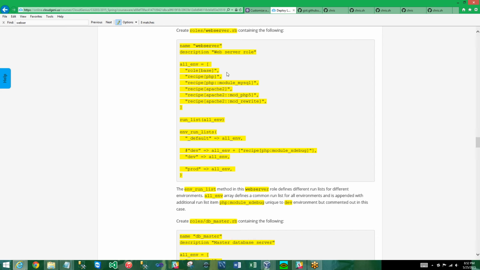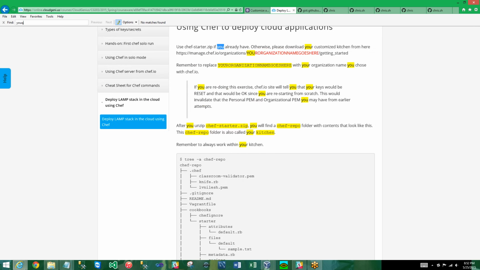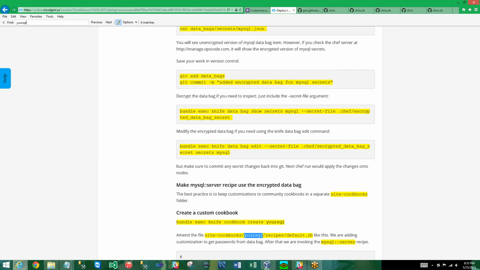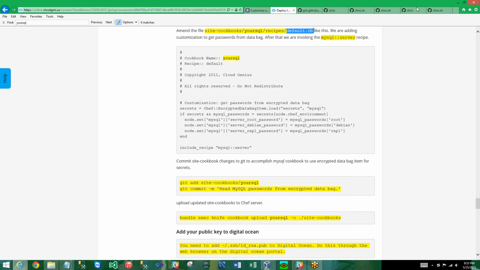custom cookbook. Again, this will be a new cookbook that will be set up like your SQL one was. Like the your SQL cookbook, you'll create another cookbook, bundle exec knife cookbook create WordPress setup. And in that, you will create a file called default.rb, and you invoke this gist that we were just looking at right now. That gist you can invoke by